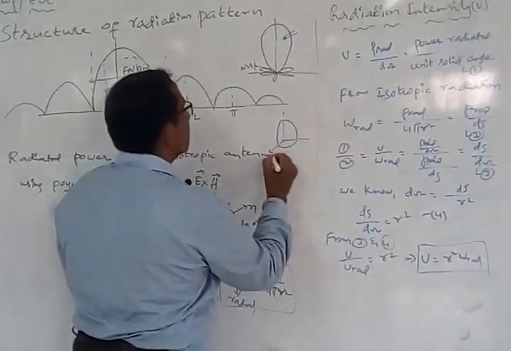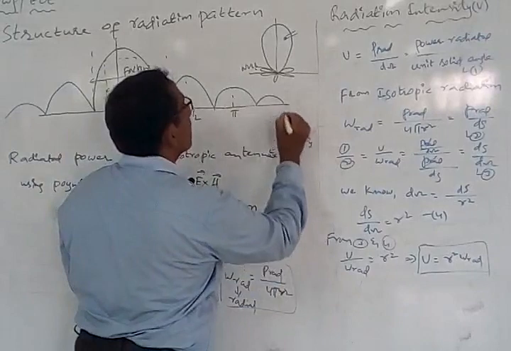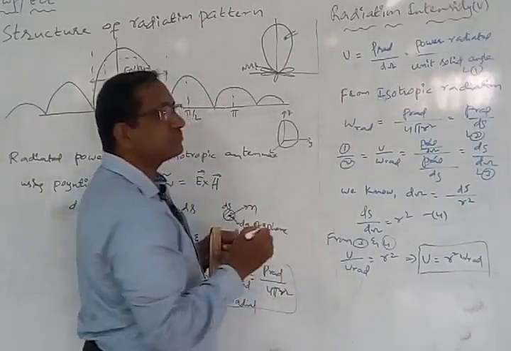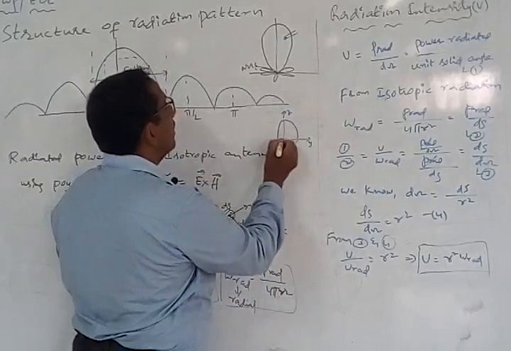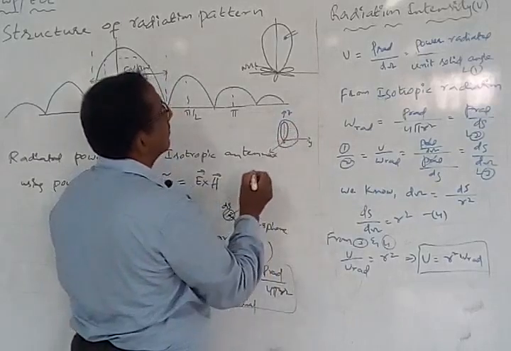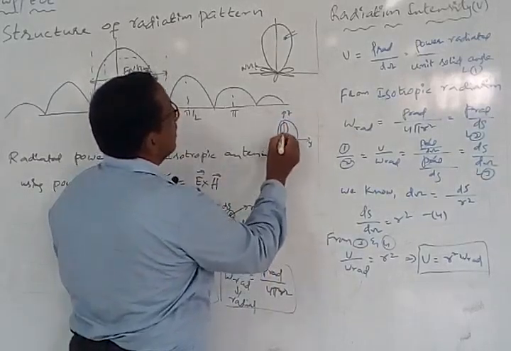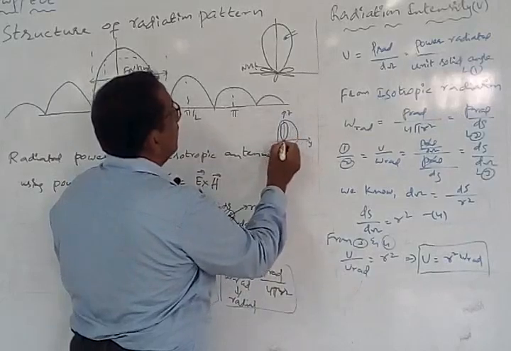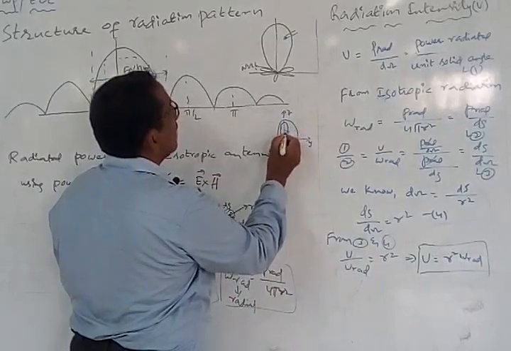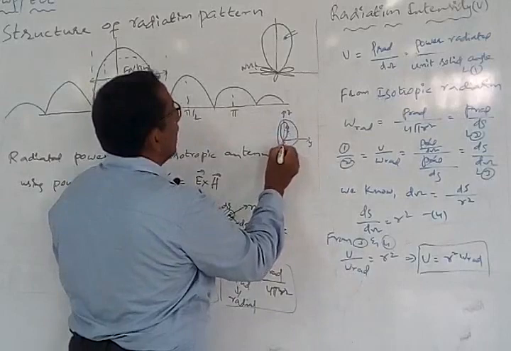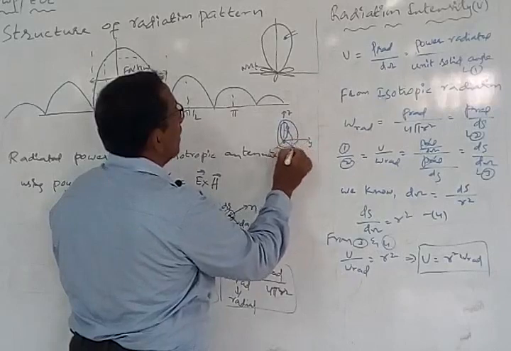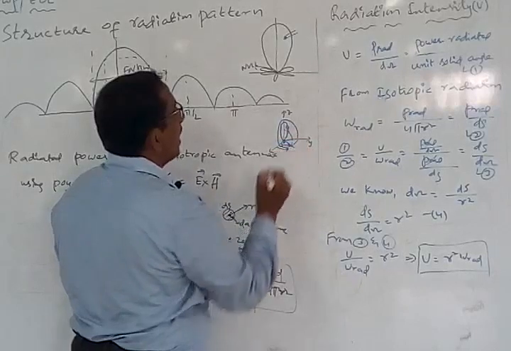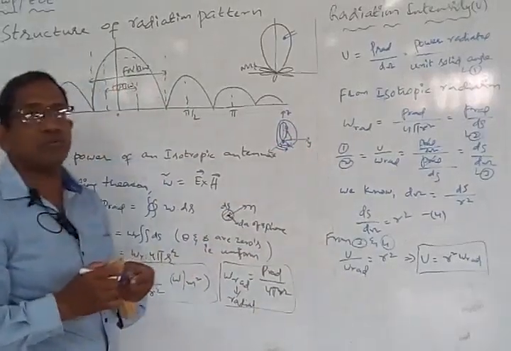I may call this x quadrant, y quadrant, say something like z quadrant. This is a sphere. Now if this is taken as 0, and the radiation is normally going to be like this, okay? So that means the angle made with respect to this z axis is going to be theta, and the angle made with respect to x axis, that means here on this plane we drop a line here. So this is going to form an angle phi from the spherical coordinate system, okay?